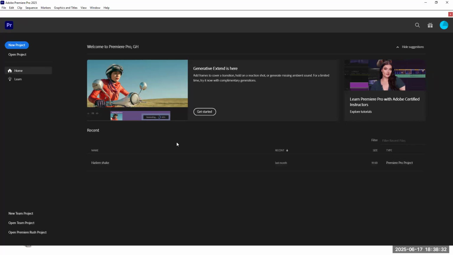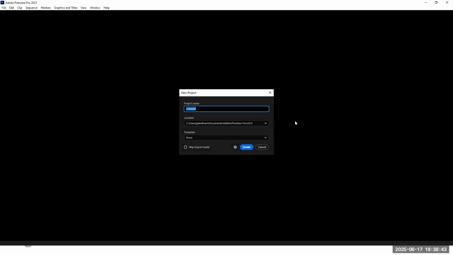So now that we've launched the software, we're going to start a new project. Over here on the left-hand side, we have new project. We're going to click on that. This is where we determine the project name, decide where we're going to save the project, and it also offers the option to pull up a template. If you know what you're making or you've made a template for yourself before, you're able to choose that from the beginning. So first, I'm going to name our new project